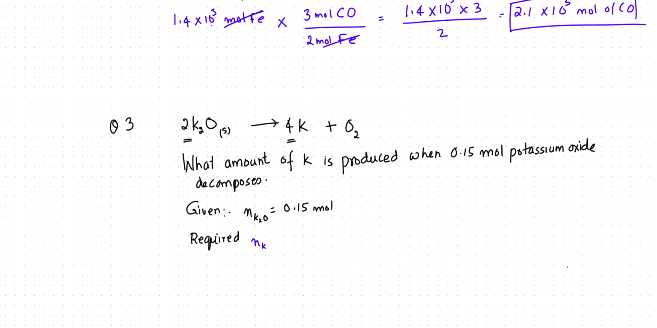2K2O, potassium oxide, decomposes to give 4 moles of potassium and 1 mole of oxygen. So check the equation is balanced: 4 potassium, 2 oxygen, 2 oxygen. Now what amount of potassium is produced when 0.15 moles of potassium oxide decomposes? So given amount is 0.15 moles of potassium oxide and required is the number of moles of potassium. Okay, now next we'll write first the given amount. The given amount is 0.15